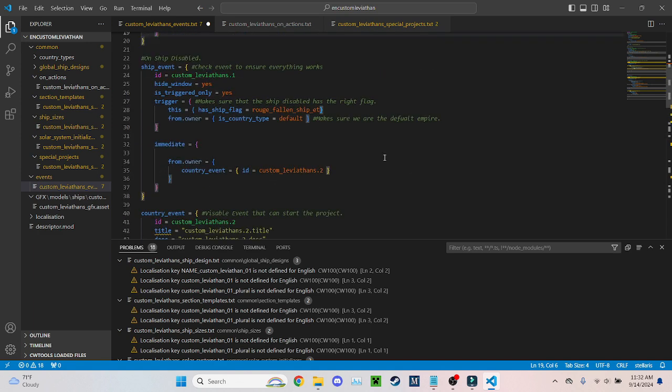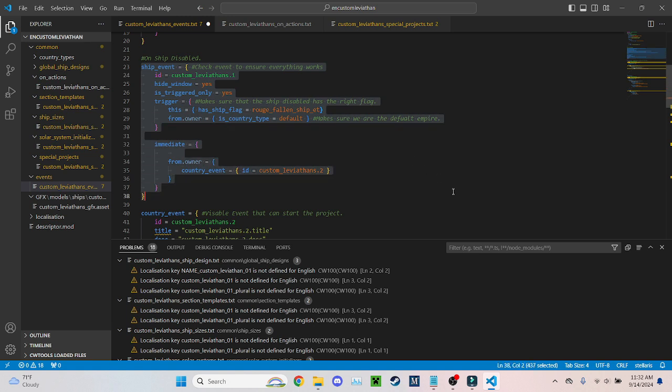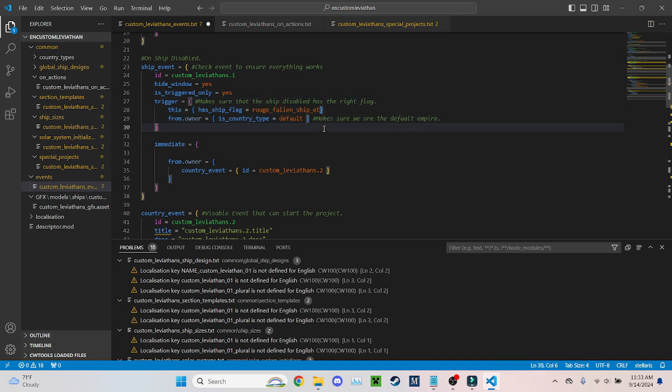So why do we do this? Well, this on ship disabled checks to make sure that a few things are right. So we just have ship_event, because this is scoped to ships. ID custom_leviathans.1, hide_window = yes, and is_triggered_only = yes. So the trigger is just a line of code. It's kind of like a true-false statement that checks whether or not everything in it is true for the event